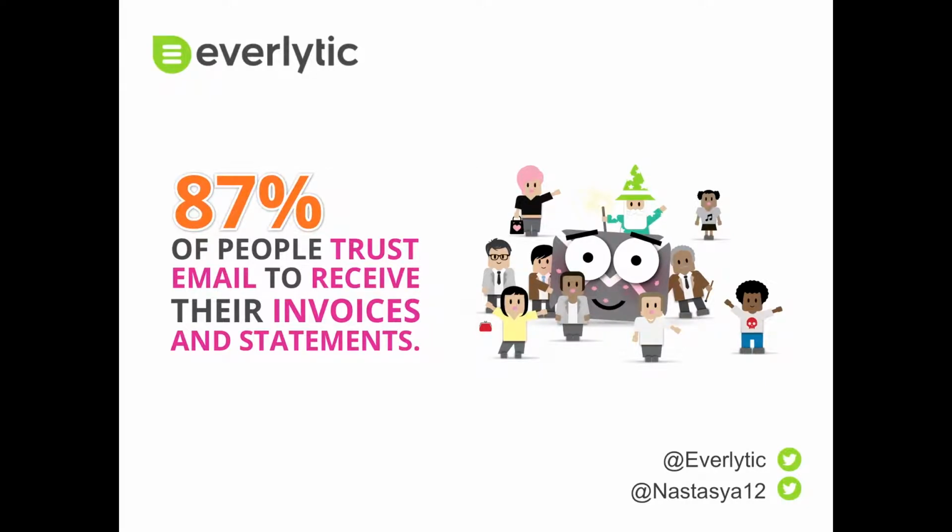87% of people trust email to receive their invoices and statements. So, for example, TransUnion uses Everlytics as a transactional platform to send their credit information. So if you sign up online and you want to know your credit rating, they'll send it to you, but they'll use Everlytics. The reason for that is that we can send secure messages, we cannot open them, but we can deliver a vast amount of them in a short period of time. And then we can also give you tracking. So you want to know, John Smith received his invoice on the 5th of June and he opened it. So when he phones you on the 19th of June and says, I'm not paying because I didn't get anything,